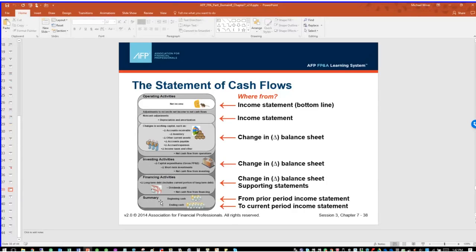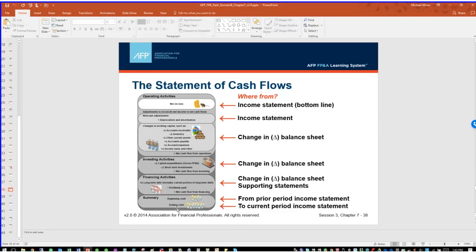And then some kind of a summary or reconcilement. Usually it's just 3 lines. And what that summary is typically, okay, here's the cash from operating, here's the cash from investing, here's the cash from financing, to give you a net cash flow for the period. And that period is always the same as the income statement. Usually it's a year, but it could be a month or a quarter, but usually it's a year. So you get the cash that's been generated.